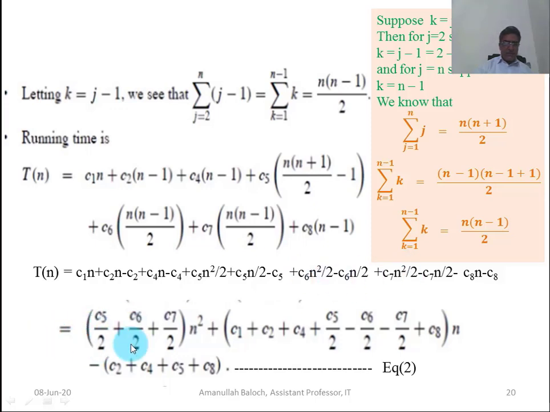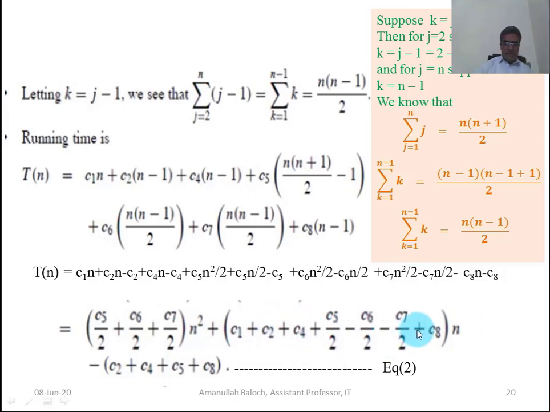This term contains n square, so we will take common n square from this C5, C6 and C7 divided by 2, and also we will take the common from n terms. This is n term, this belongs to n terms, this one is n term, this is also n term, and this one C8 of n. So we will take common from all these terms, and